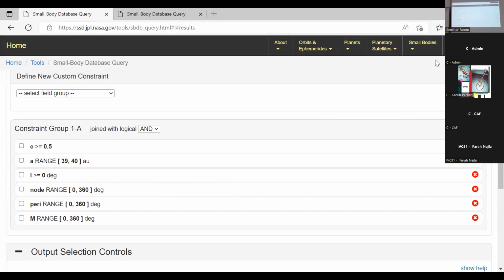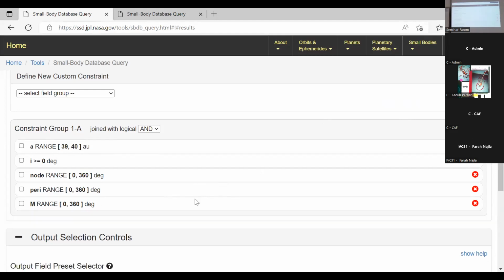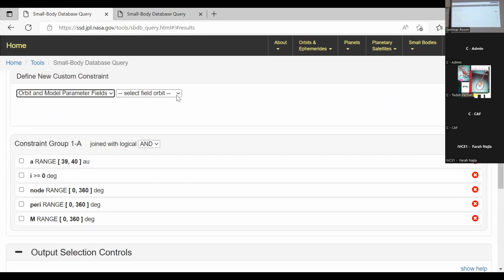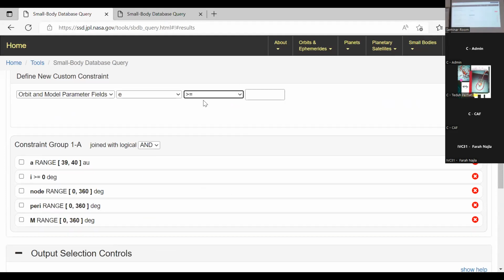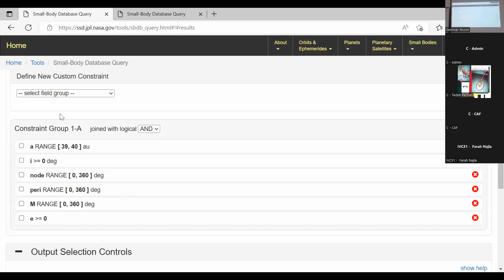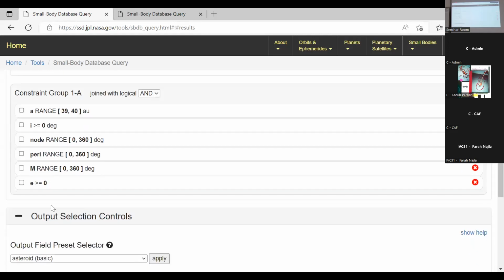Okay, click the cross, delete eccentricity, then select again eccentricity more than or equal to 0. Add constraint. Eccentricity is now at the bottom of this set.